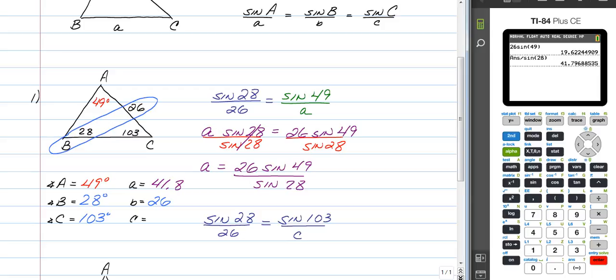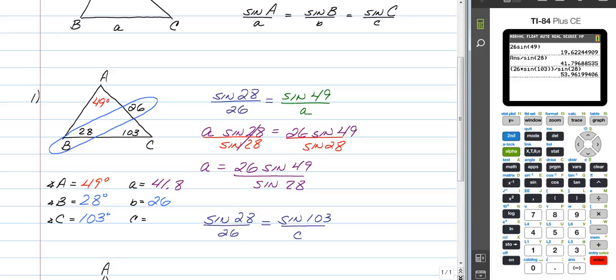I'm going to show you this time that sometimes it's helpful to use parentheses. When we cross multiply, we would have had 26 times the sine of 103, close the parentheses for your angle, and then close the parentheses for the whole thing, divided by just the sine of 28, and click enter. And this time we're going to get